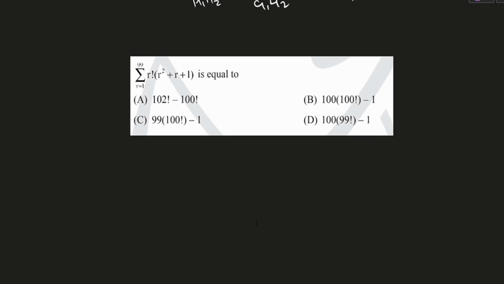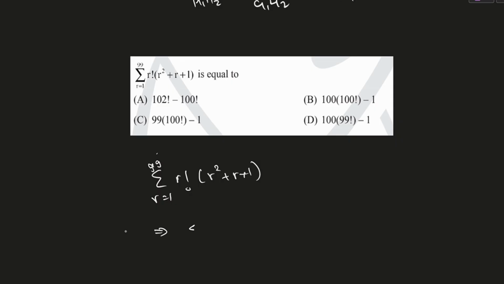So here we have our next question. It is based on the concept of making telescopic series. I hope this would be like most of yours favorite concept. So let us see the question and see what we can do over here. First of all, let us write the summation over here. So we have summation of r is equal to 1 to 99, r factorial times r square plus r plus 1. Since there is r factorial over here, I am thinking of creating r plus 1 factorial. And from seeing this quadratic, I am getting the idea of making a perfect square. So that is what I'll be doing.